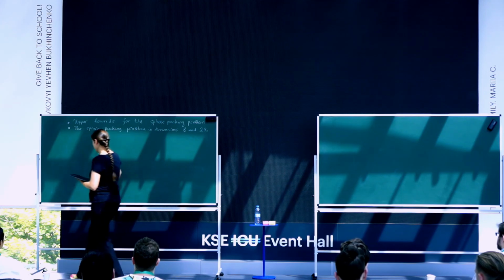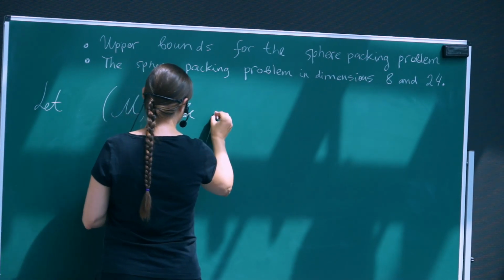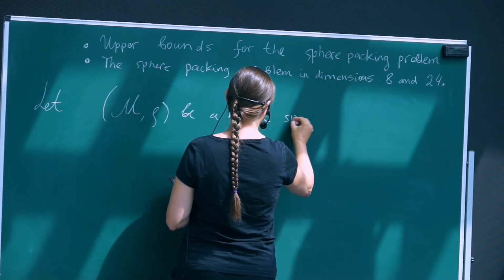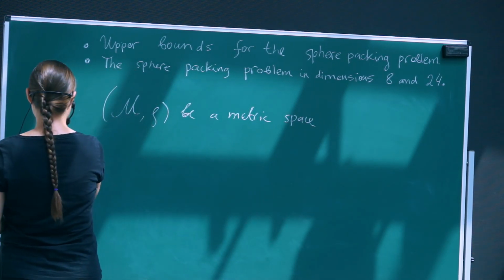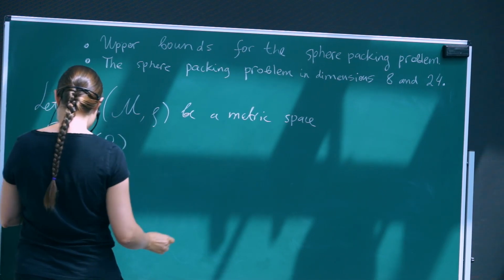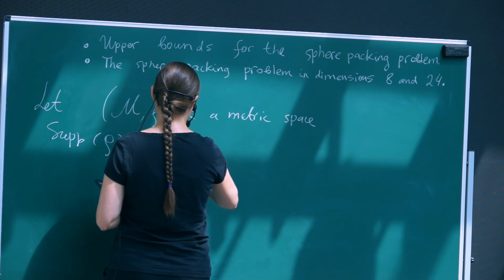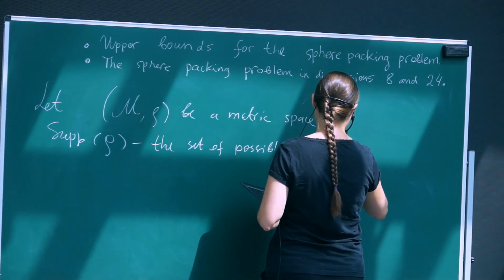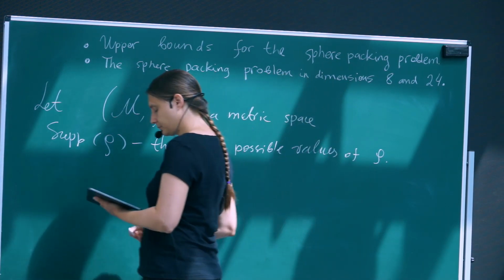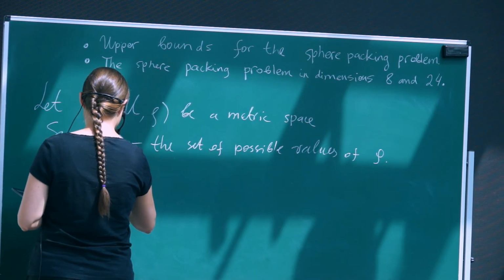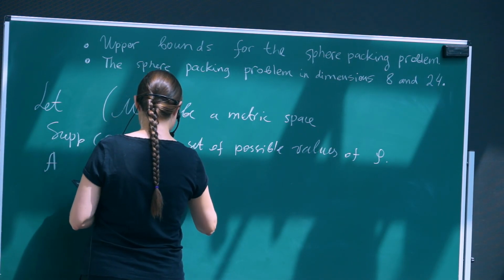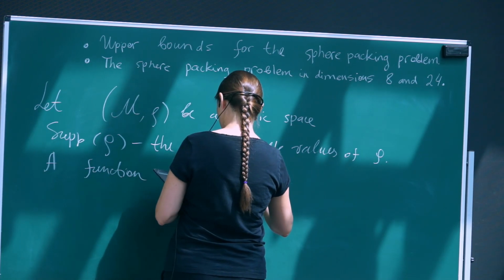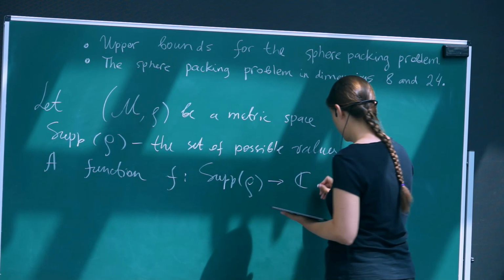And so let me start with an abstract definition. What are copositive functions? Let us consider a metric space. And we will write the support of this matrix rho; this would be the set of possible values of rho. And then we would say that a function f defined on this support and with complex values is copositive